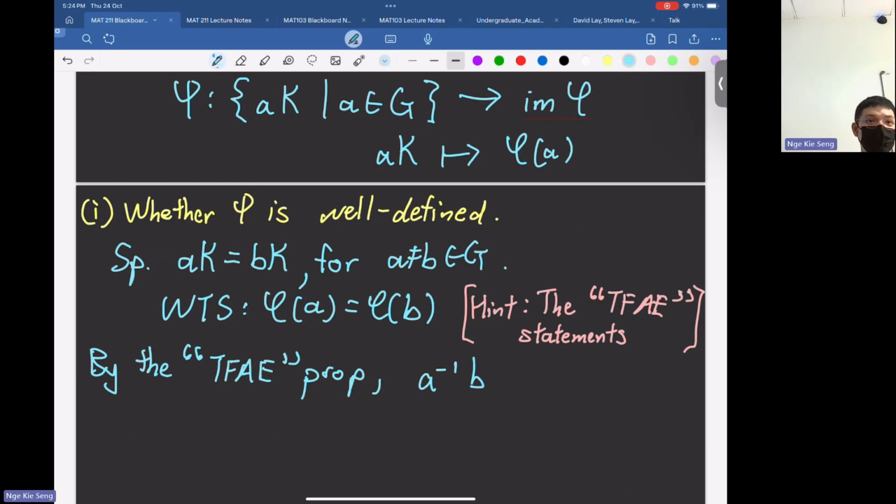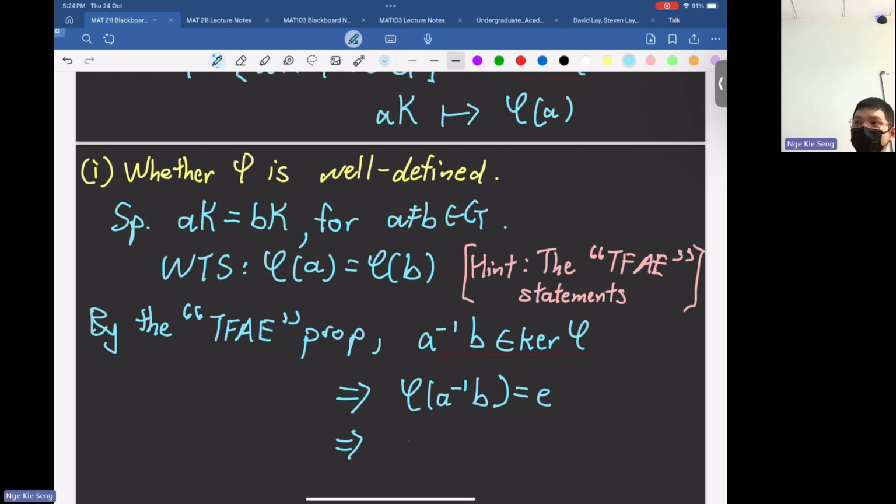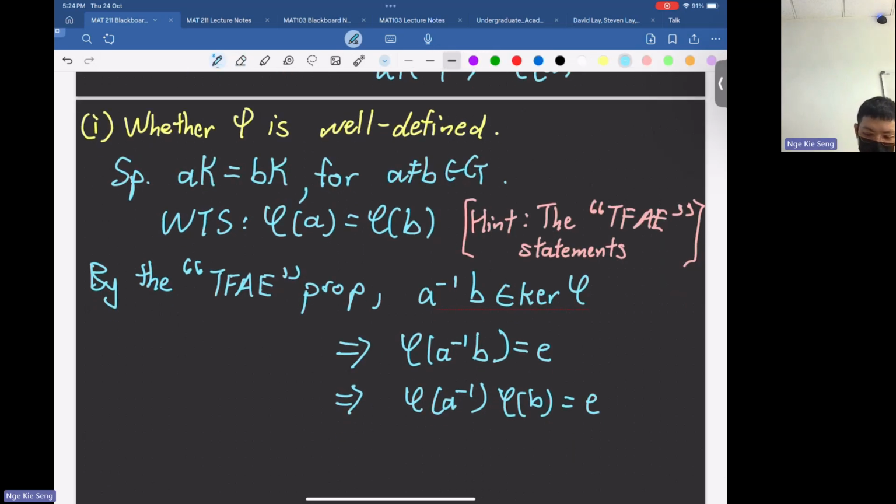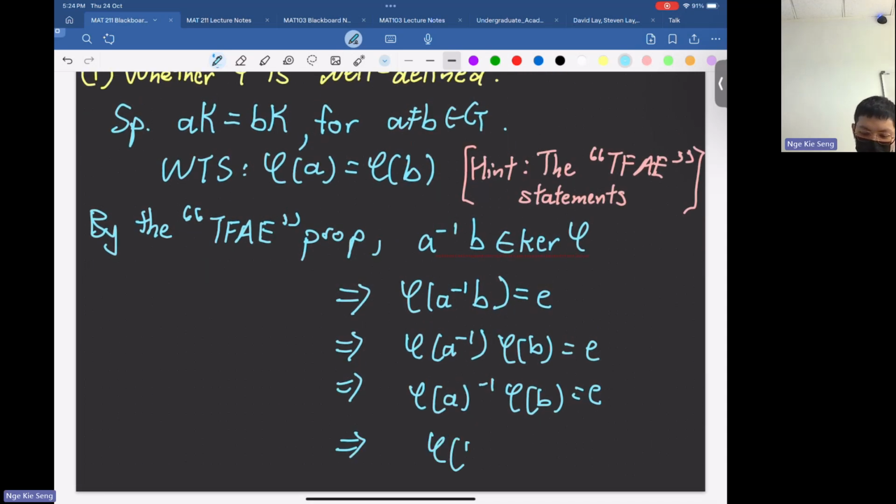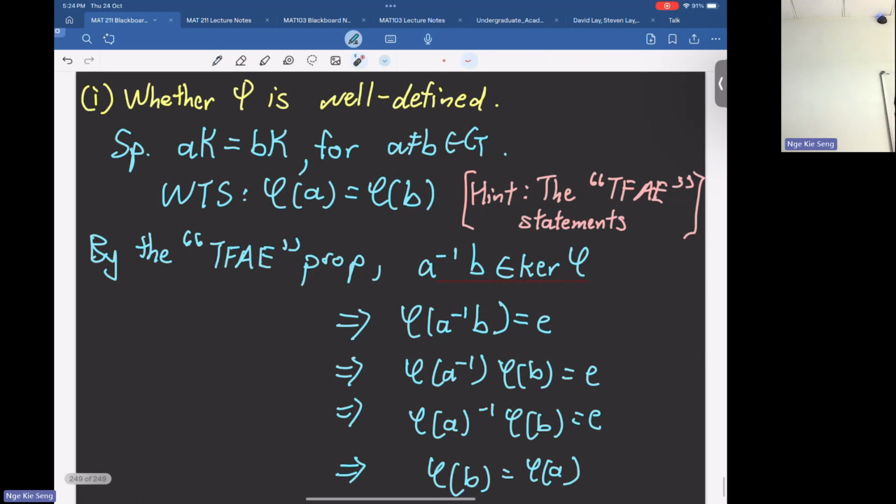A inverse B is what? Lives inside the kernel of phi. But this implies what? Phi of A inverse B is what? Identity. But phi is a homomorphism. It will send inverses to inverses. So we get that by cancellation law, phi A equals phi B. Okay or not? Okay. So you might wonder, well, they are the same thing, but they might be sent to different places. Then that thinking is a bit wrong. Why? For example, in the case of Zn, how many